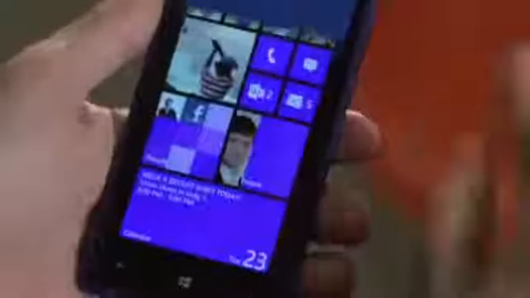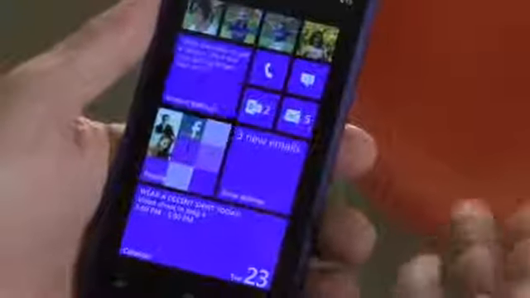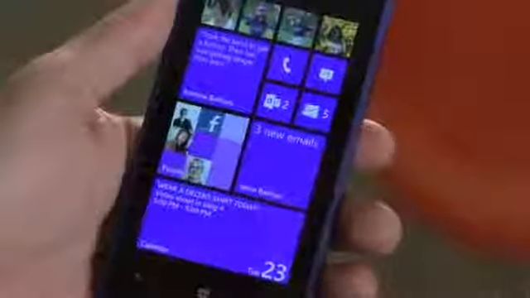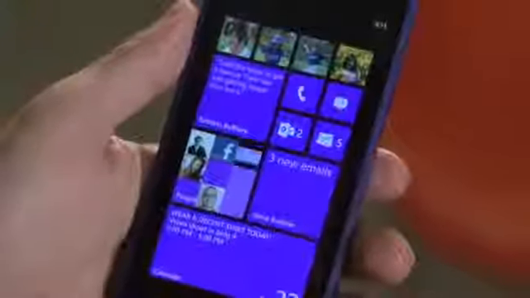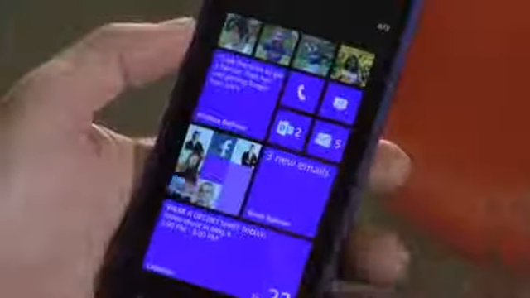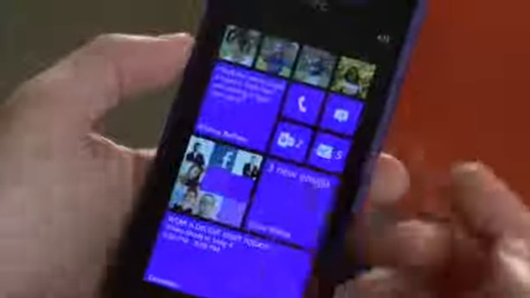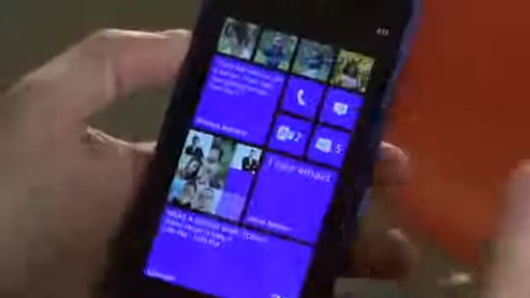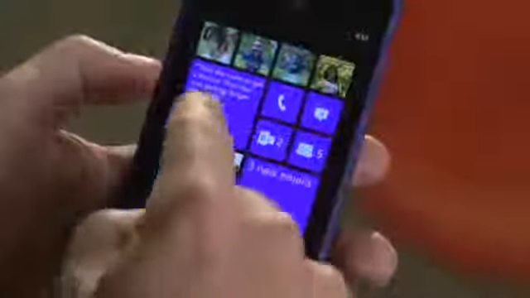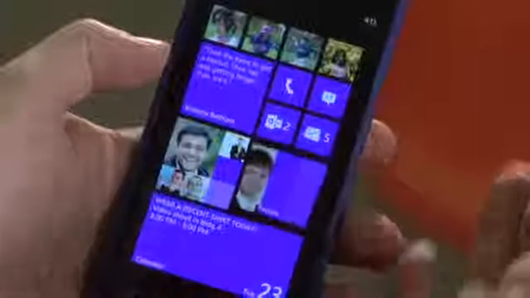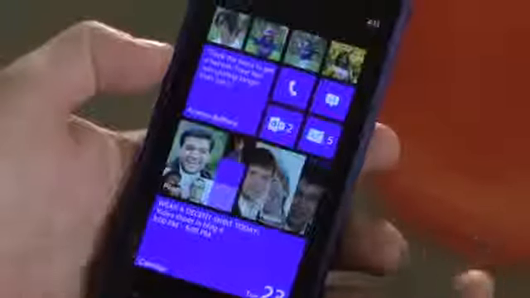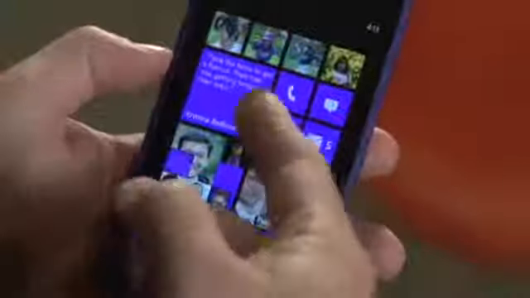Let's take a look at the live tiles on my start screen. I really like the tile theme color that matches the HTC phone, so I'm going to keep it. And you'll see I've placed live tiles for the people in my life I care about most right up here at the top. There's my kids, and right here, this medium-sized tile is my wife. So I have fast access to calling and texting her, and I can easily see what she's up to on